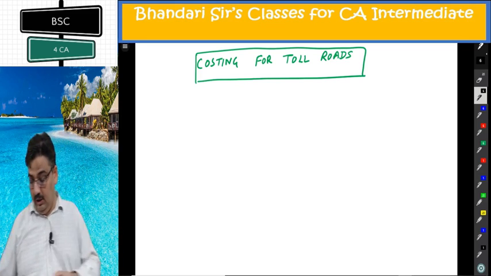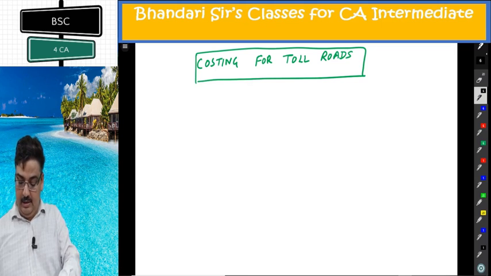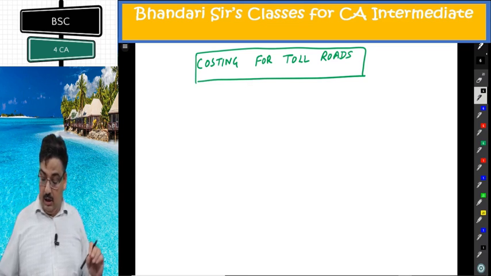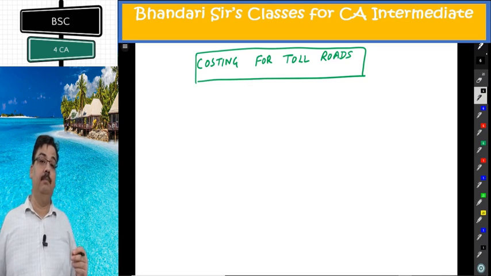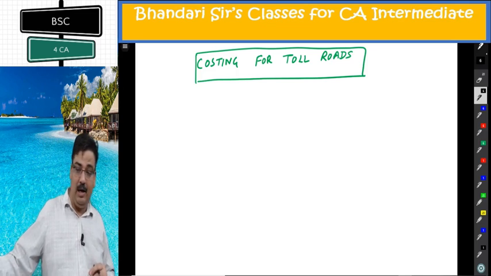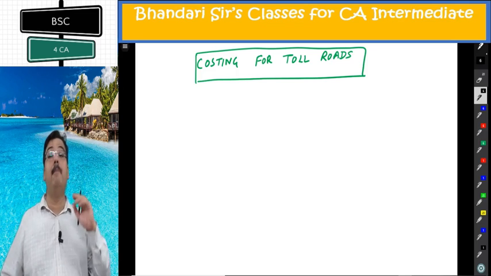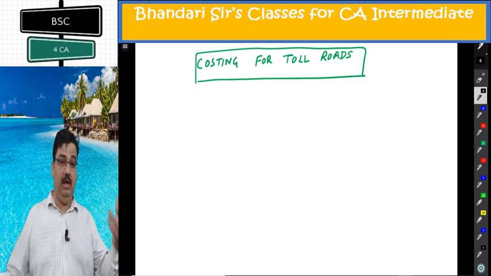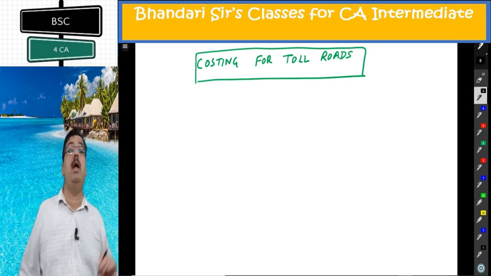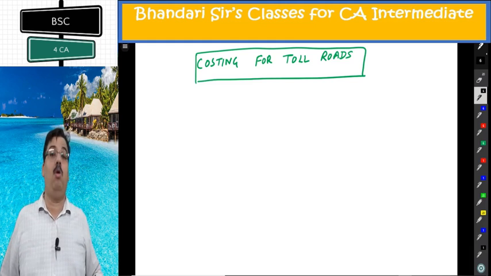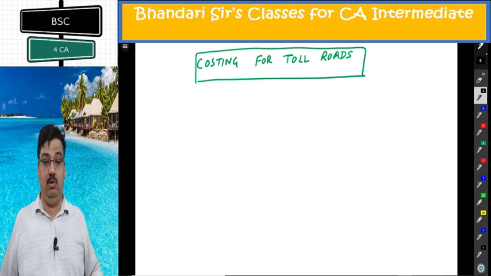The illustration in your institute module is illustration number 10. I would like to concentrate on its cost, and you have to note carefully. At the end of the paragraph, it is clearly written that it is for the month of April, whatever year is given. So all cost sheets will be made on a monthly basis. All computation, even of kilometers and number of vehicles, will be on a monthly basis. This is a monthly question.